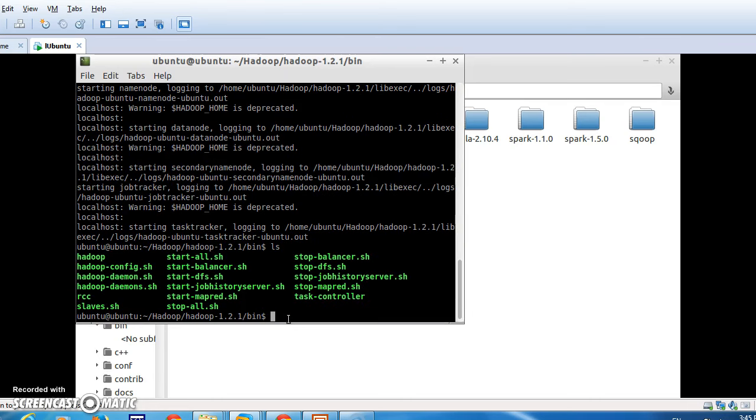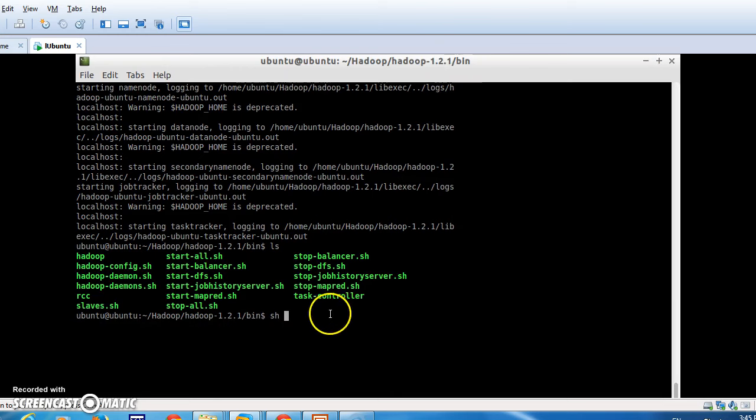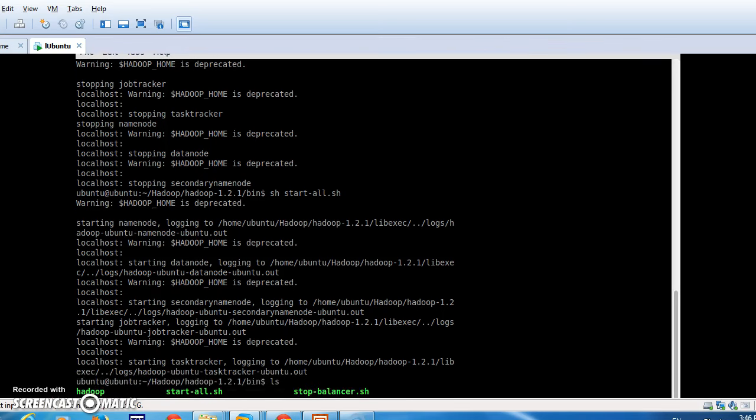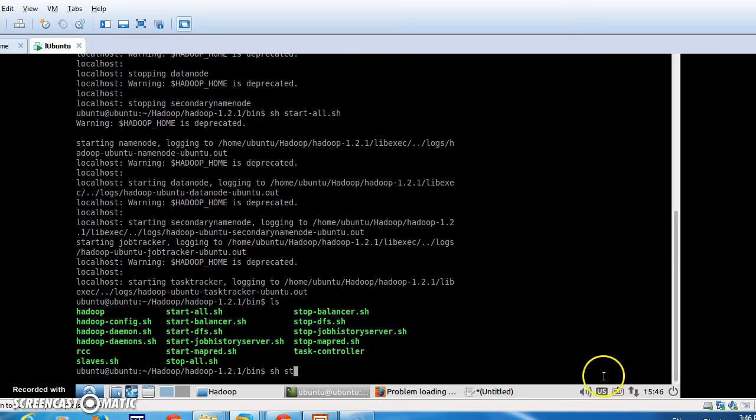So I have to go to the Hadoop directory and execute start-all.sh, which starts the Hadoop system. So let's go downside.